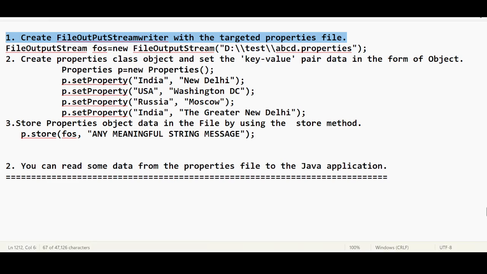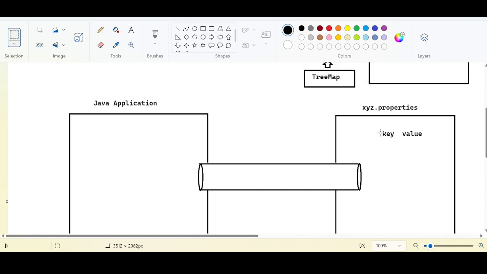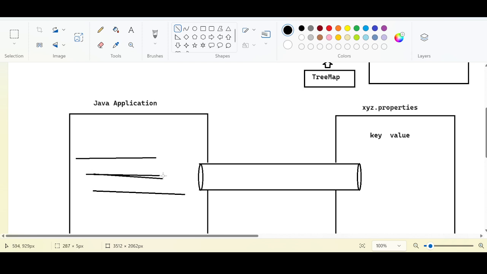The first step is to read some data from the properties file into the Java application. If we have some data here in the form of key value pairs, I want to read this data by using the Java application. I need to write some pieces of code. I have created a stream, which means I have created a connection, and I have some piece of code. By activating this code,